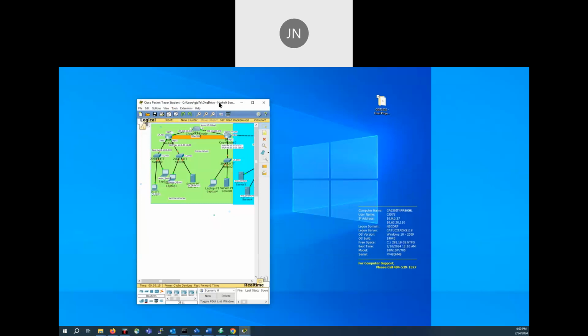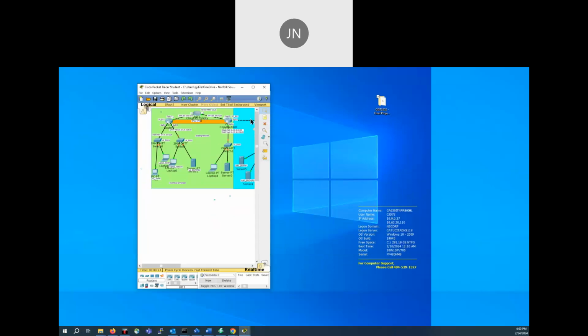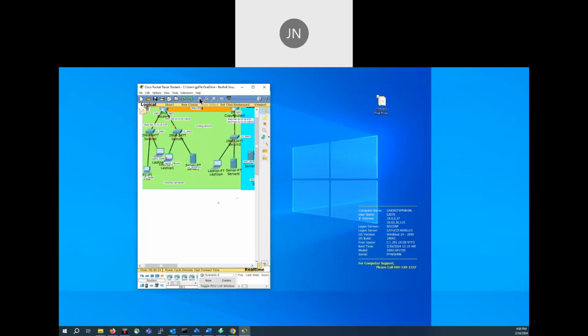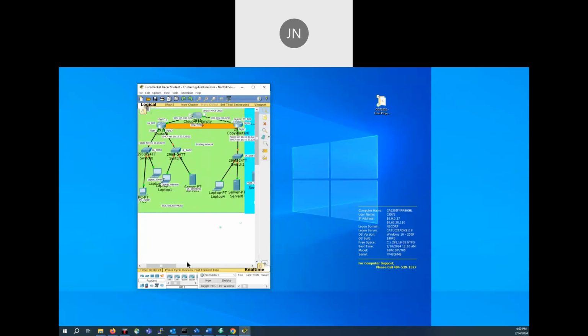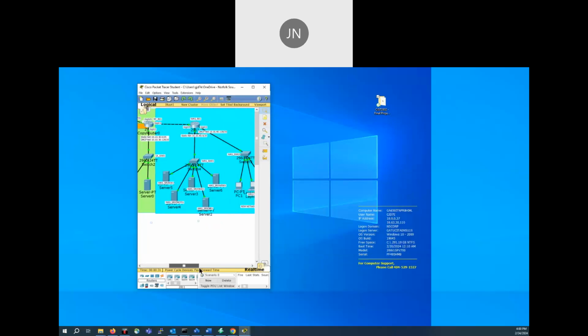Also, if you see the image too small, you have an option here to maximize. Right here, this button, right? It's up to you. I don't know what kind of monitor you have. Going to move to show only the blue part,